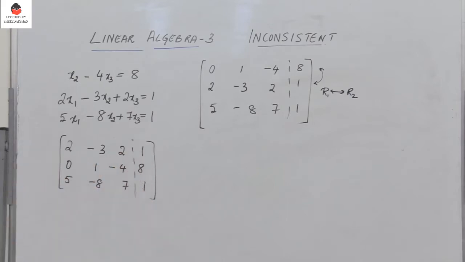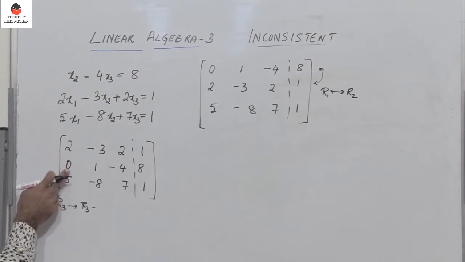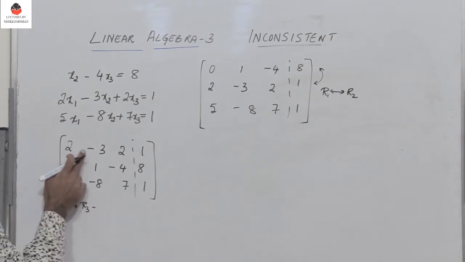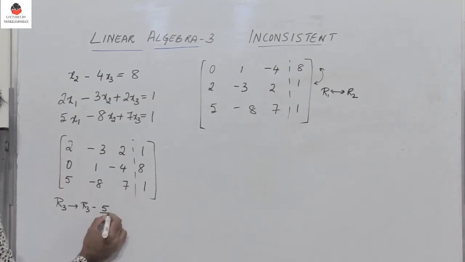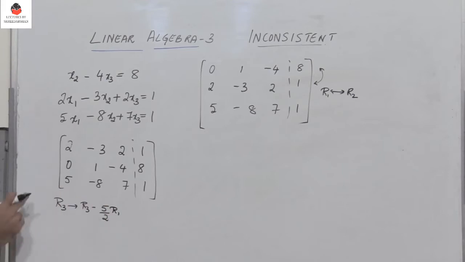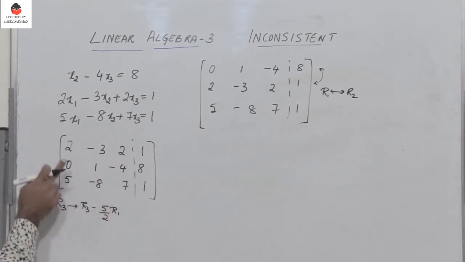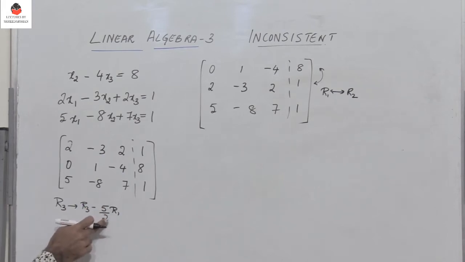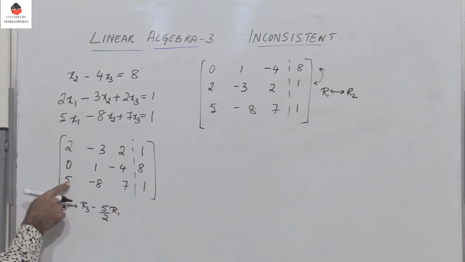First, to obtain the echelon form, this happens to be the leading entry and all the other elements below the leading entry have to be 0. So therefore, I need to make this 0. So what do I do? I perform the row operation. R3 is R3 minus. So I have a 5 here. So I need to subtract 5. So I will multiply the first equation by 5 by 2. So when I multiply the first equation by 5 by 2, the first element 2 gets multiplied by 5 by 2, 2 and 2 gets cancelled, so I get 5 here. So 5 minus 5 becomes equal to 0.